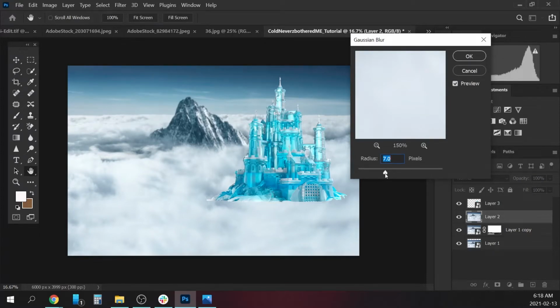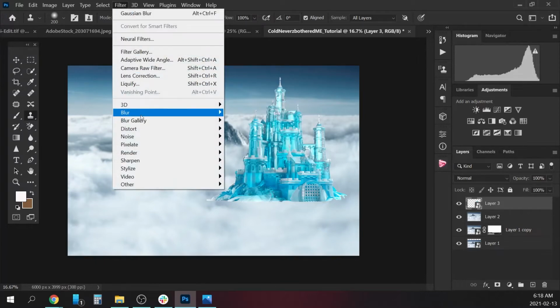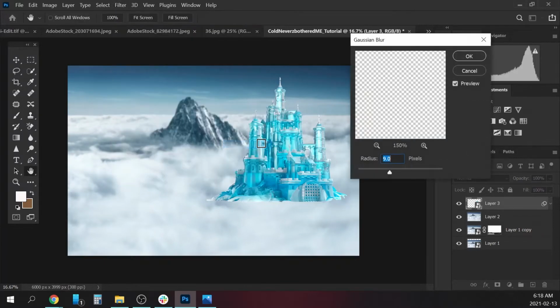And let's put it at maybe 9, and we're gonna blur the castle as well. So filter, blur, Gaussian blur, and we're gonna make that less of a blur because it's a little bit more in front. So let's make it maybe 5,